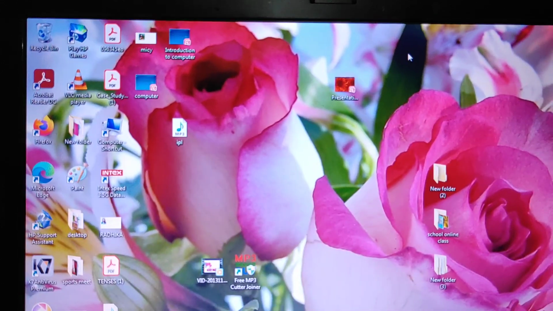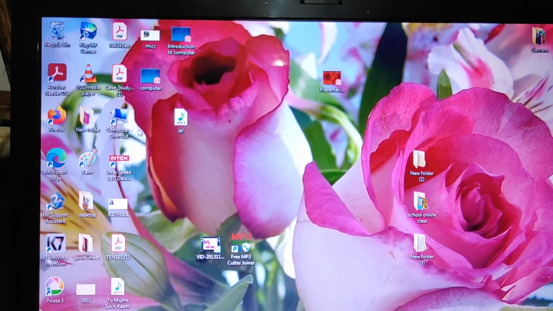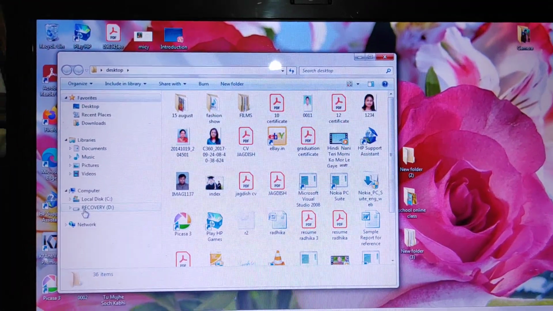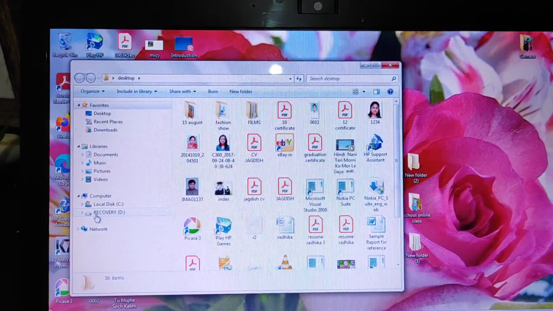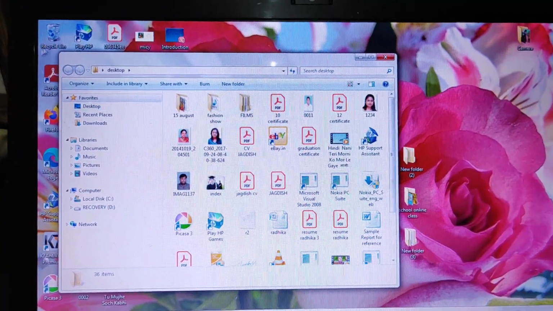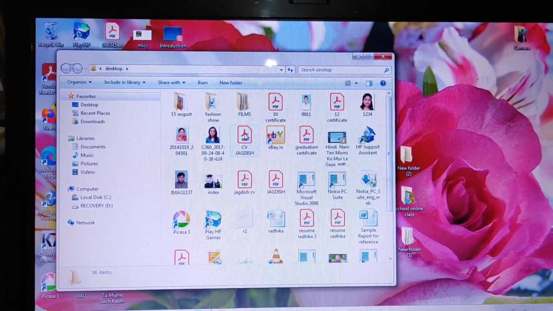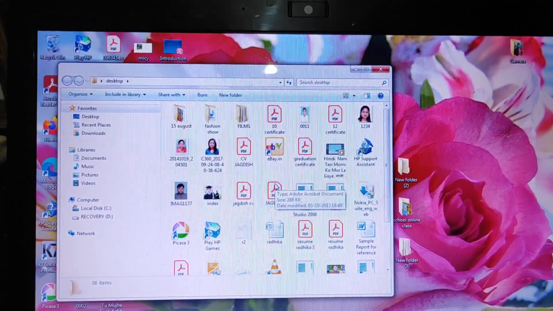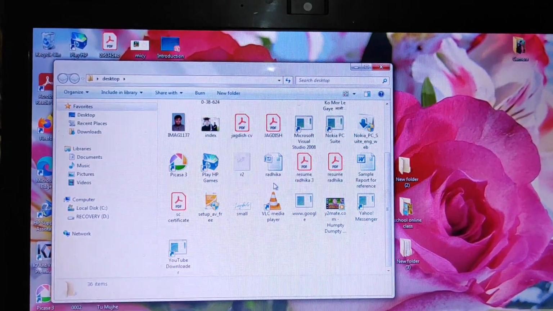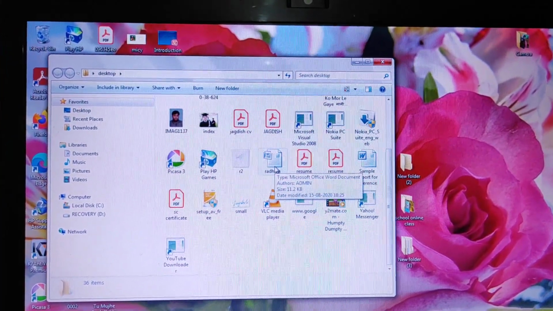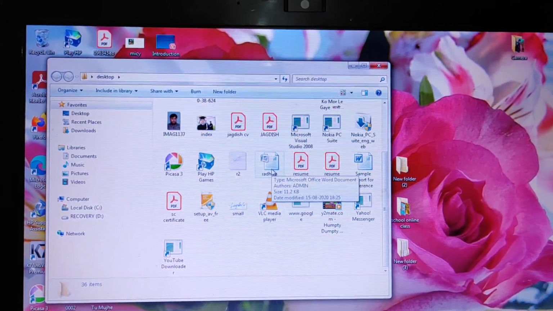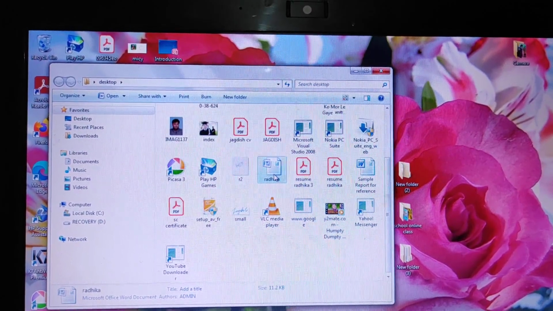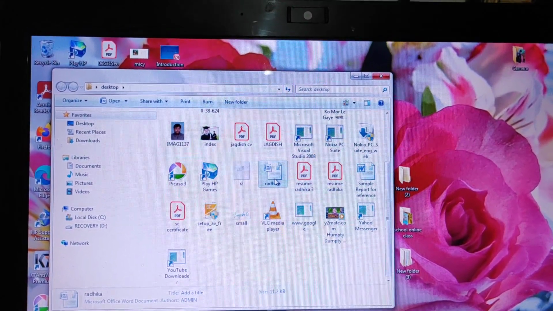If you want to select a particular file, firstly we have to open a folder. So this is a folder, the desktop folder. How can I select a particular file? Open the folder containing files. This folder contains some subfolders and some files also. Click on the file you want to select. Suppose I want to select this one, the Radhika file, which is a Word file. Just click it, pressing the left button of your mouse only one time. The file is highlighted, which means it is selected.